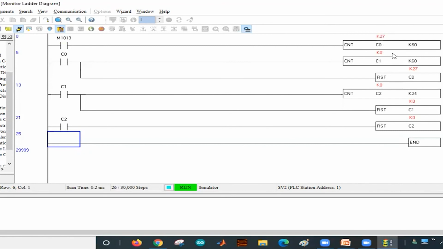See whether it happens or not. Wait for 30 seconds more.